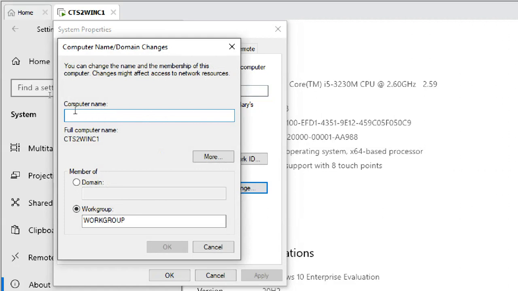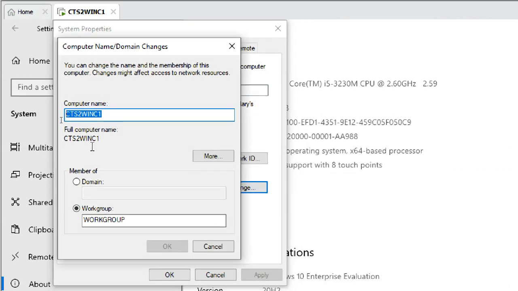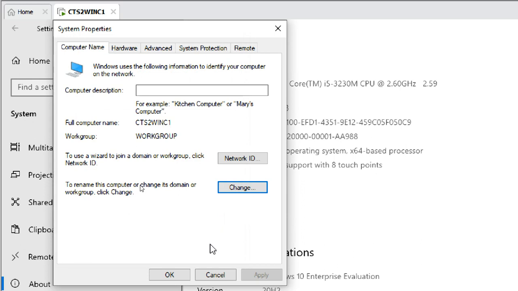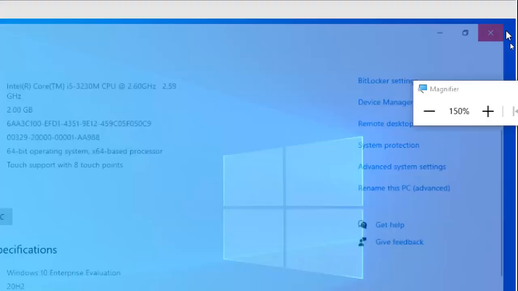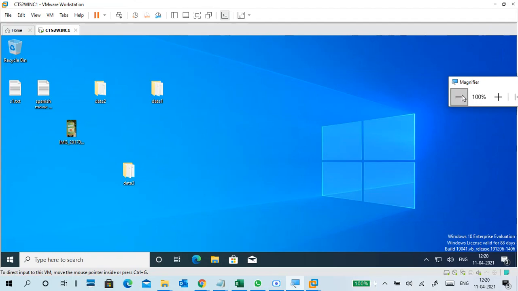Under computer name, give the computer name, click OK and all. Don't change anything in Member of; keep it in workgroup only currently. Later I will show you how to change it. So this is how you can change the computer name.